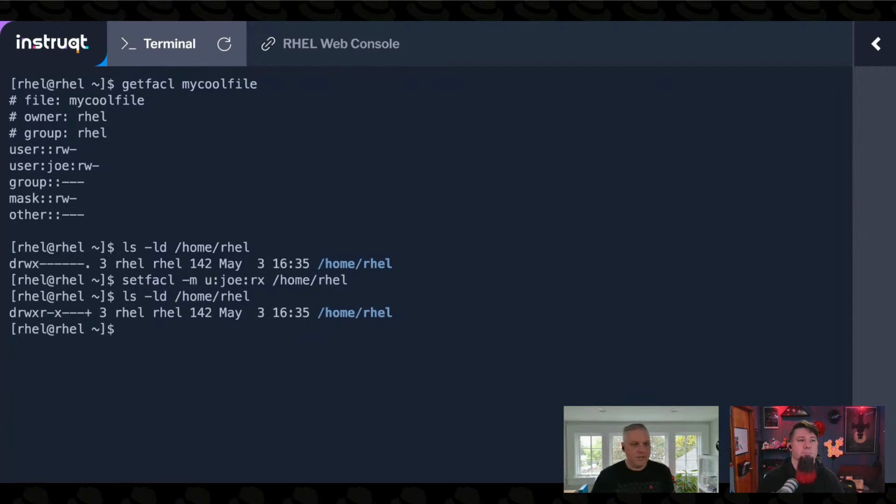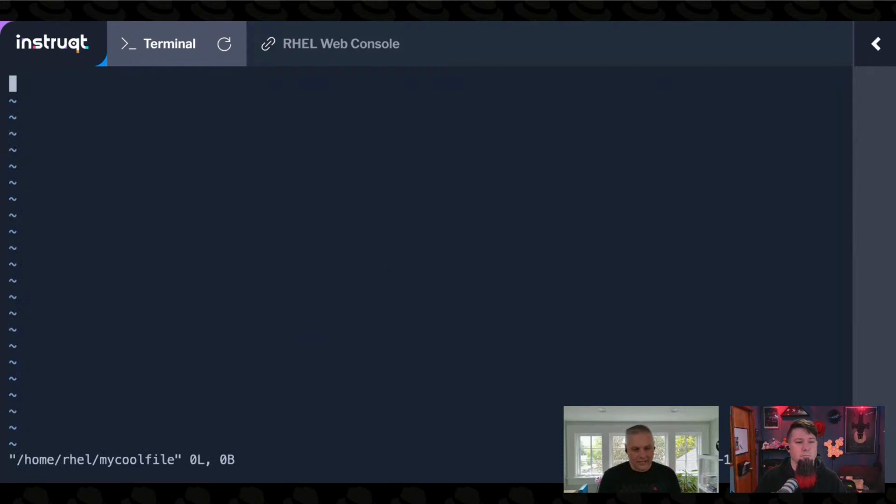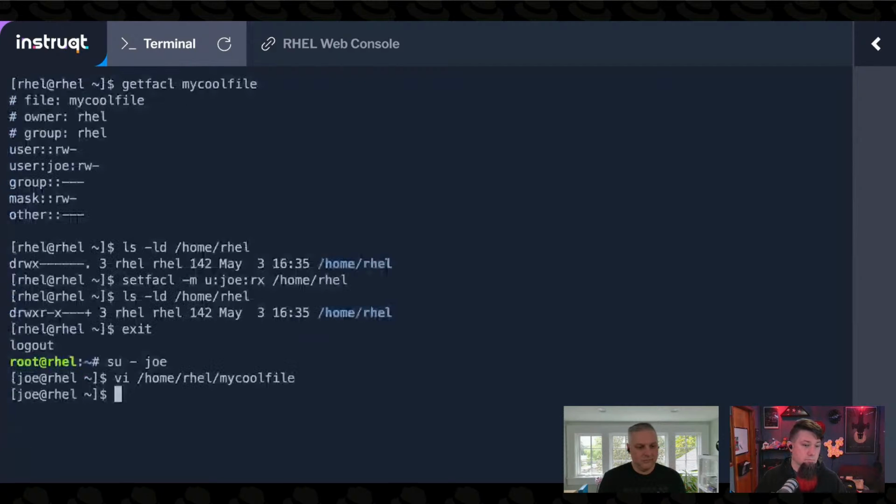All right. So again, we get that plus in the last field that says, hey, these long listing permissions are not the whole story. You've got to use getfacl to see the whole story. And so now if I su to Joe, I can edit this my cool file. Right. And because I have read and write permission, I can not only access the file,